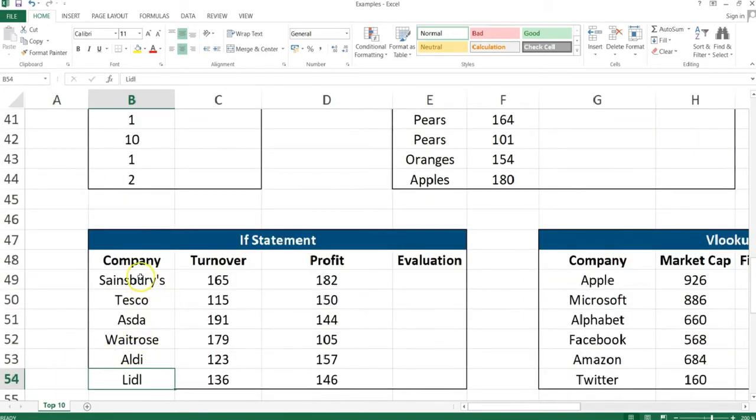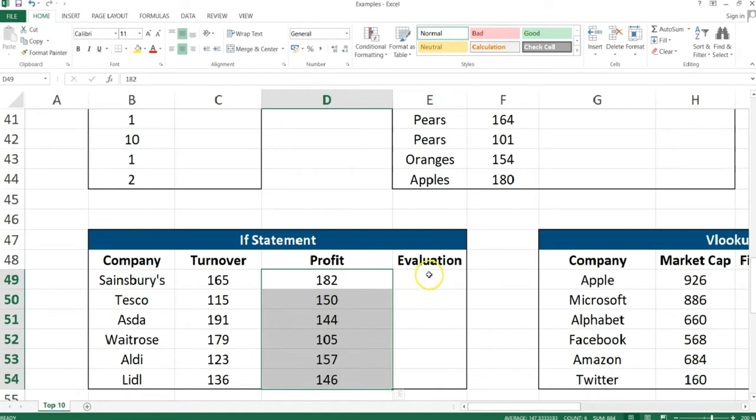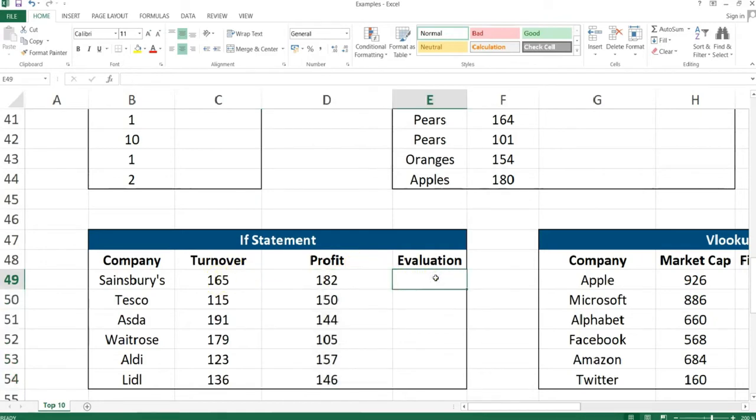So what we have is a number of retailers, as you can see here, and then their turnover and also their profit. Now we need to evaluate whether this makes sense, because in every single case, the profit cannot be bigger than the turnover. So what we can do is start the if statement and do something like this. If turnover is less than profit, for example,